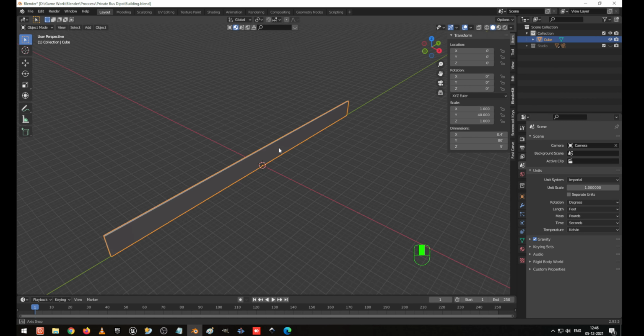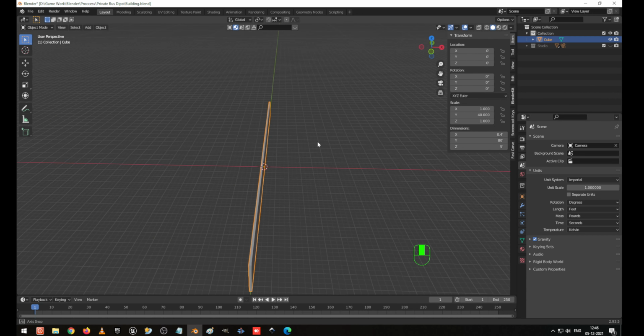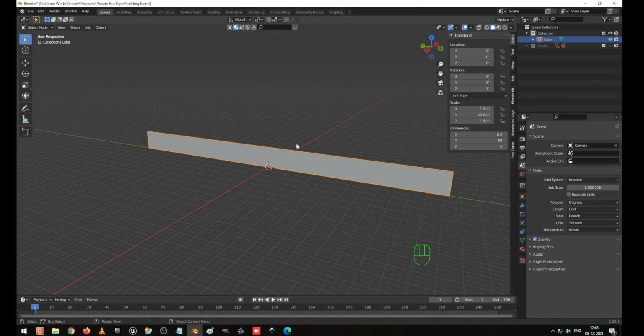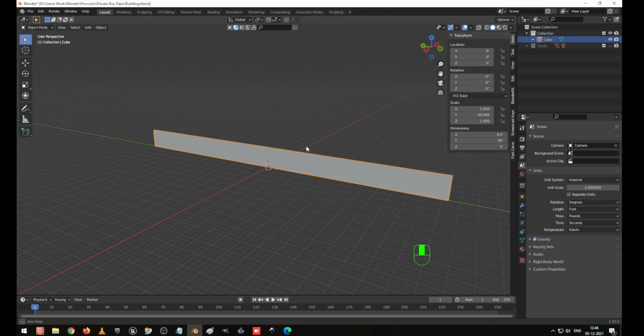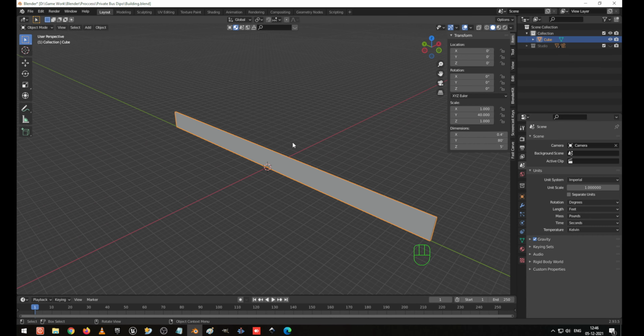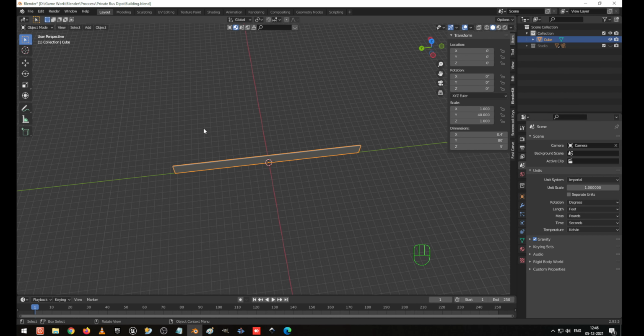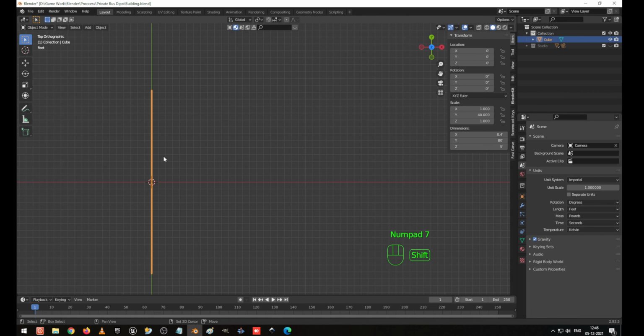So 80 by 80 we are going to design as the place. Okay, that is the ground which I'm going to give. And now this side is okay. I go to the top view. I save it. Now we are going to do the 80 by 80 same length.